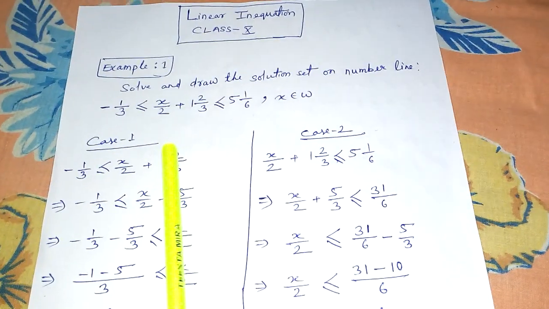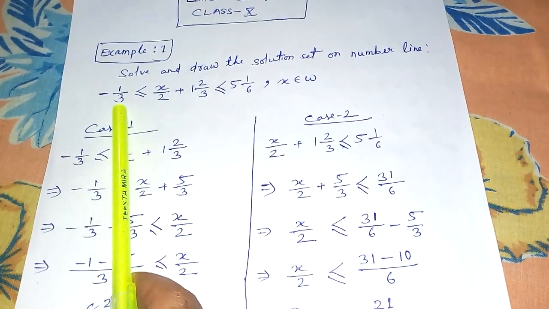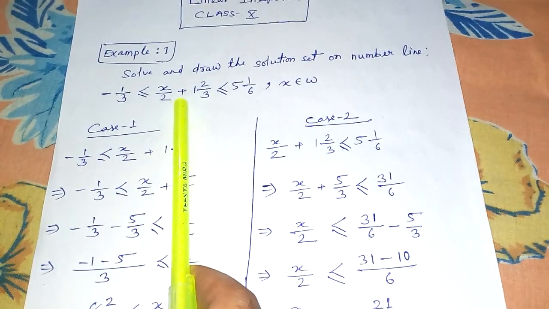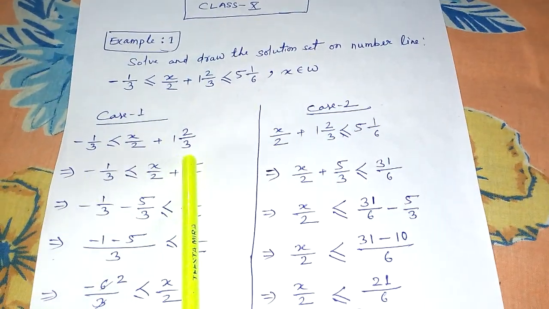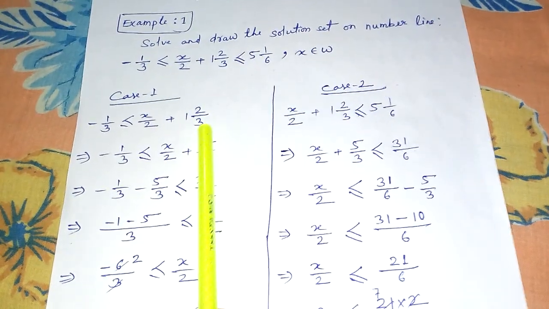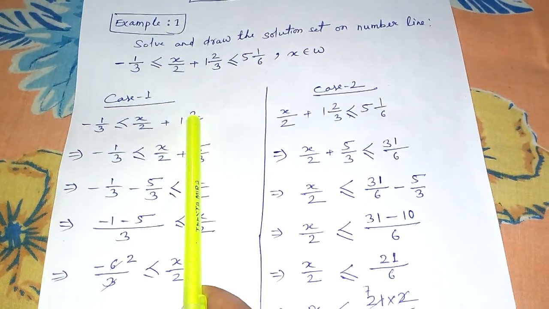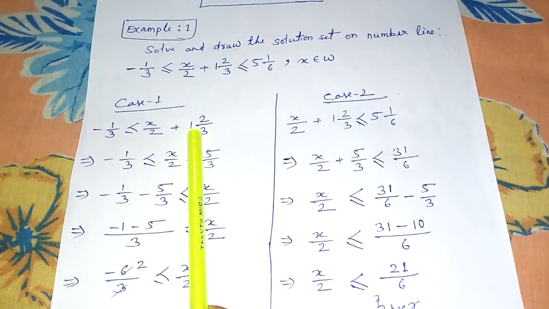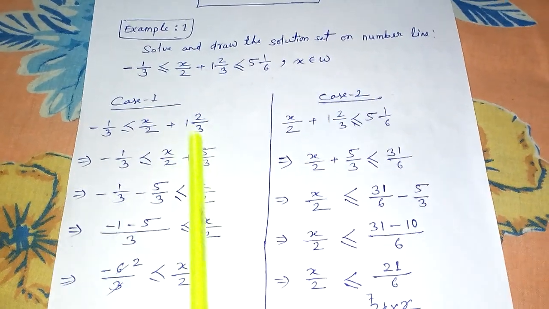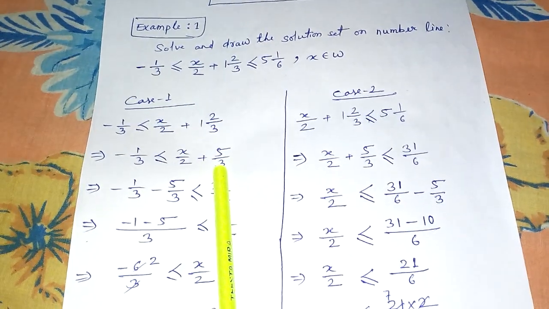So in case 1, you all know we take the first expression, and the middle means the second expression. So we take this and this too. So here we took the same, and in the second step 3 1s are 3 plus 2, 5 by 3. So here it was a mixed fraction, I made it an improper fraction.